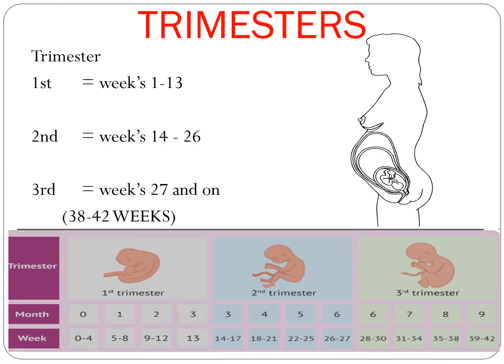We have the trimesters. The first trimester is the first 1 to 13 weeks. The second trimester will lead to 14 to 26 weeks. And the third trimester is weeks 27 to 42, meaning at 38 weeks the baby can already be born, until 42 weeks. So you can see here the drawing of how your fetal development goes in each trimester. This will be discussed more during pregnancy.